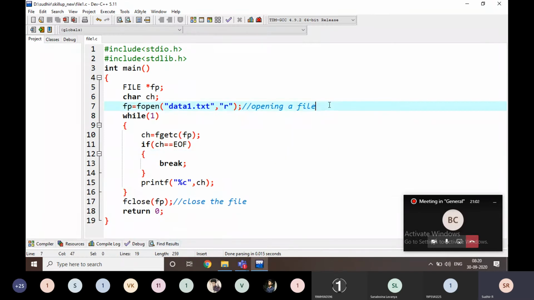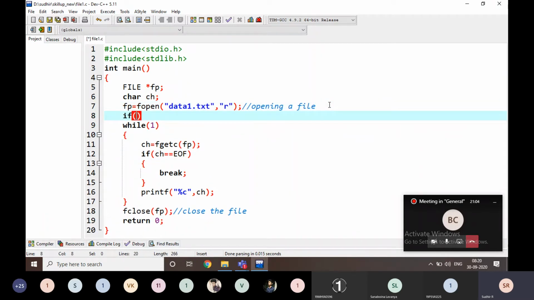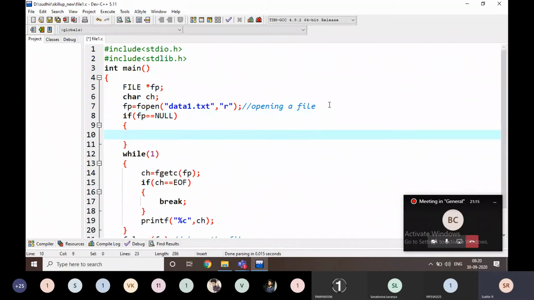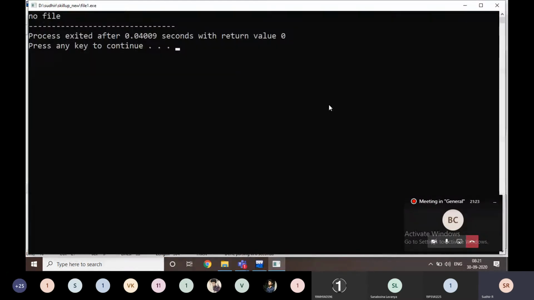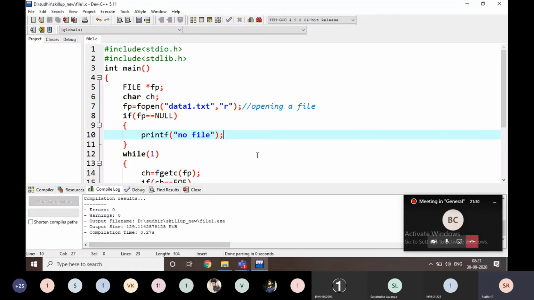We are going to check, for example, if fp is equal to null. I am going to mention it. Just look here, it is showing that there is no file here. There is no need to access it.